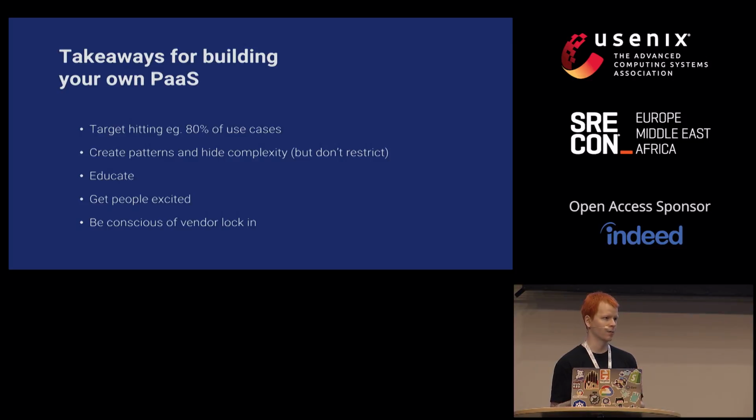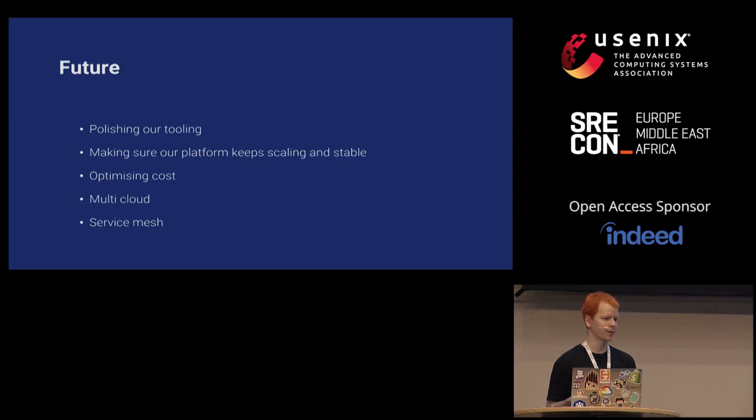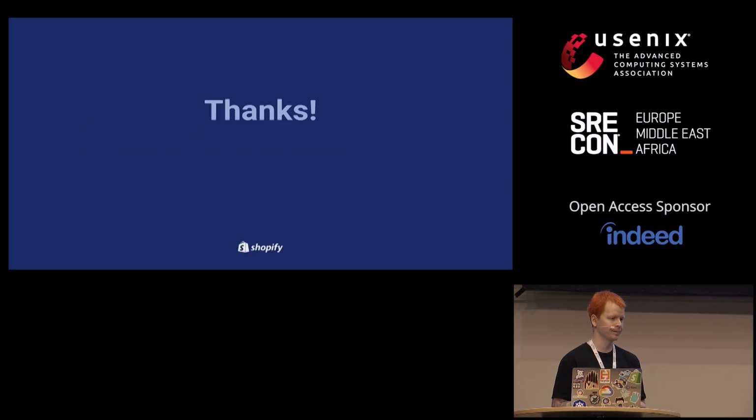So in our case, we are on Google right now. We are looking into multi-cloud and all that kind of stuff, but we know that wherever we want to go, as long as we can put Kubernetes on top of that, we can get this platform running in there. In the future: polishing tooling, multi-cloud, service mesh, all the nice stuff that is all the hype right now. Nothing too exciting, but it's more about making that platform more mature and more scalable. We've actually gotten to about 1.0 at this point.